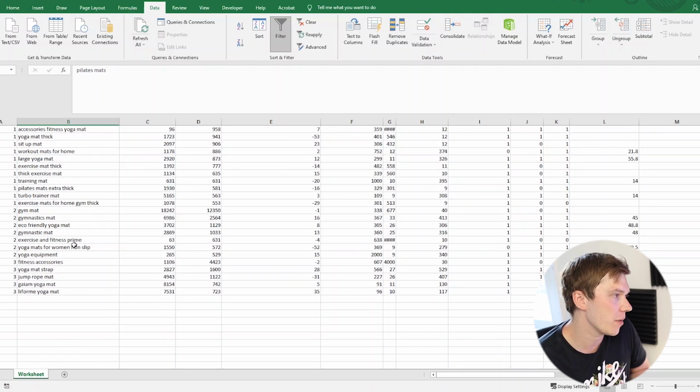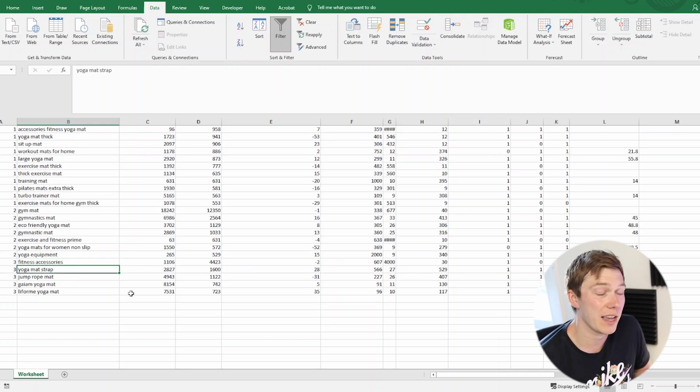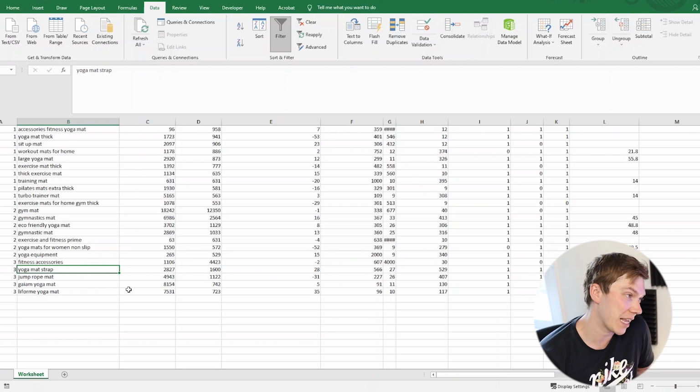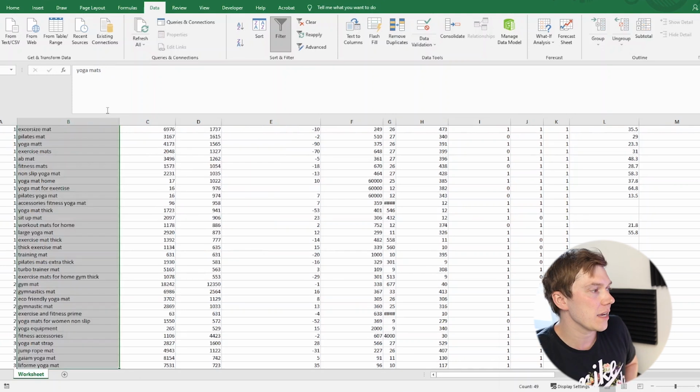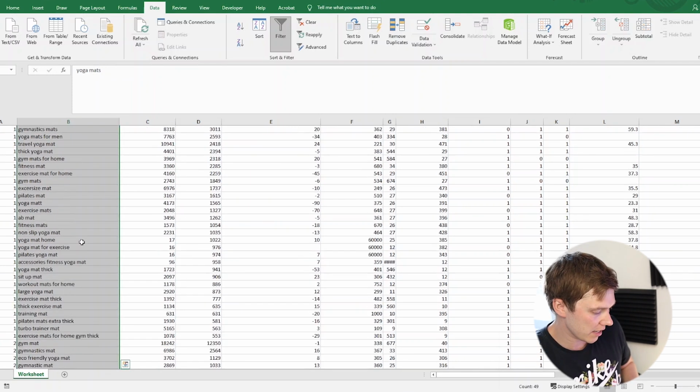And then if we scroll to the bottom, we've got things like fitness accessories, yoga mat strap, etc. So that is exactly what's happened. It is now in order of relevance. So once you have done that, you then need to copy your keyword list, just like this, and you need